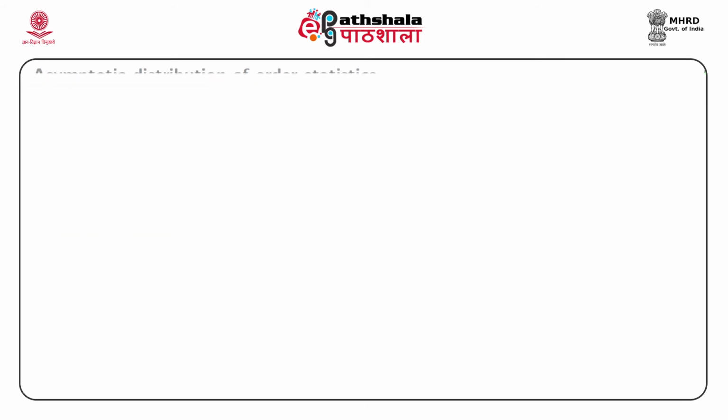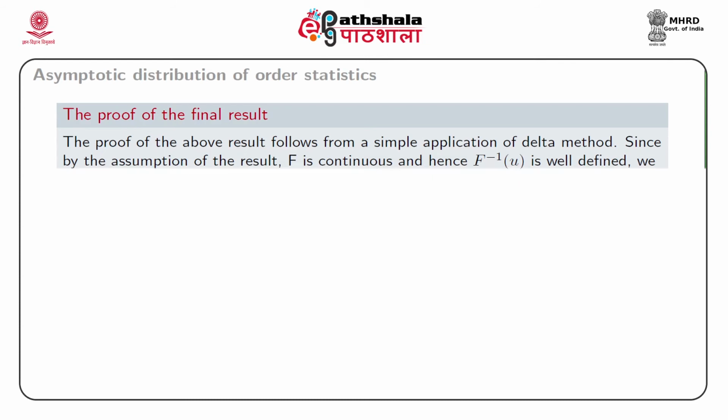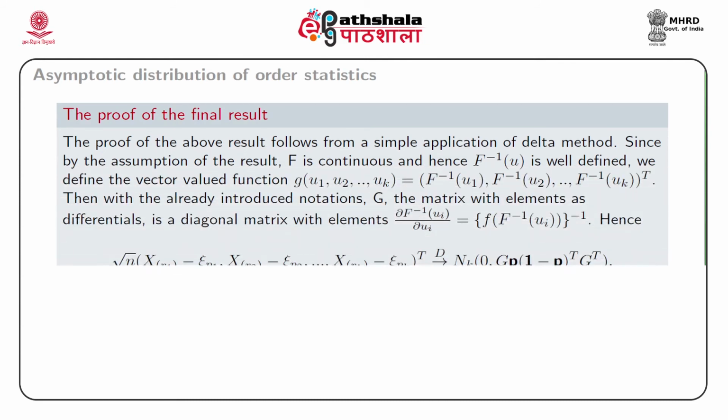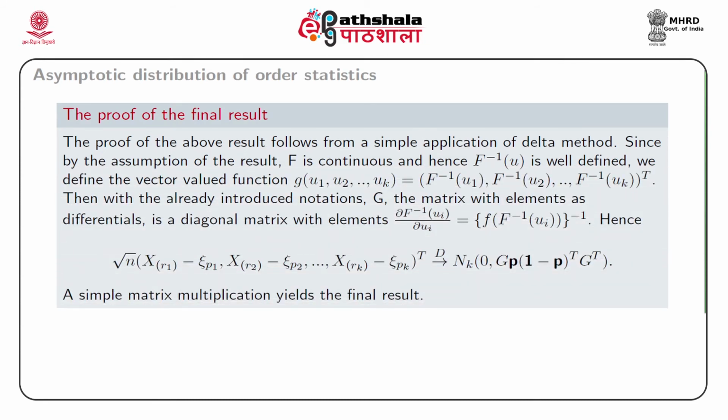So how to prove this result? The proof of the above result follows from a simple application of the delta method. Since by the assumption of the result f is continuous and hence f inverse is well defined, we define the vector valued function g with arguments u1, u2, uk as f inverse u1,